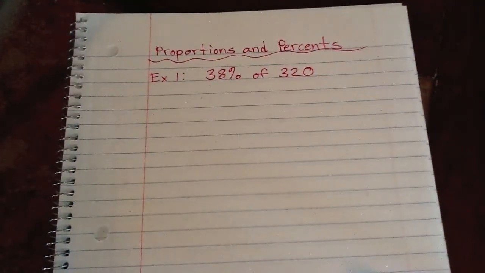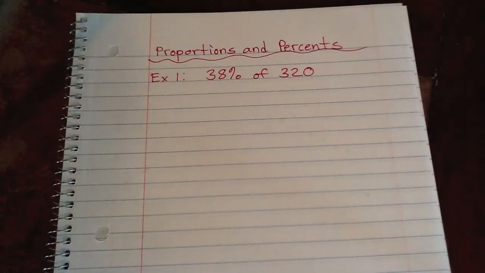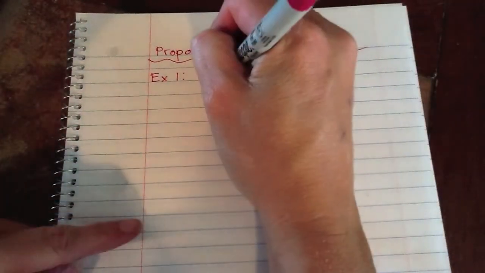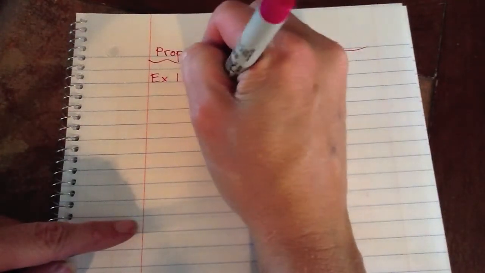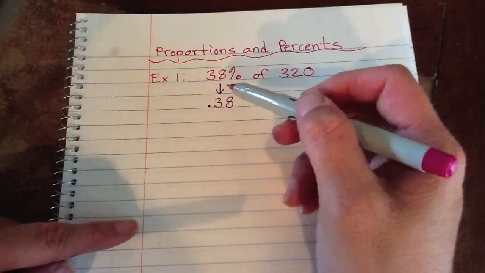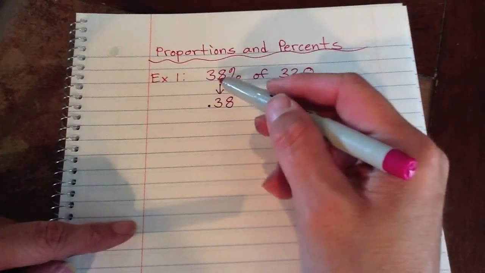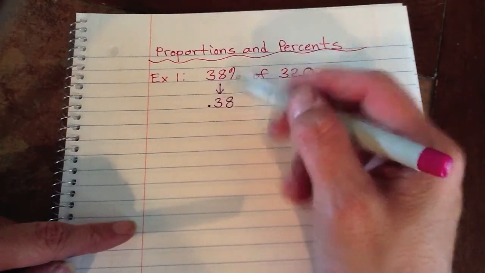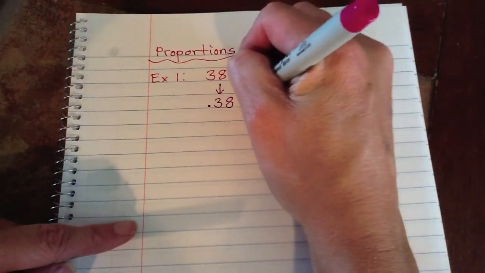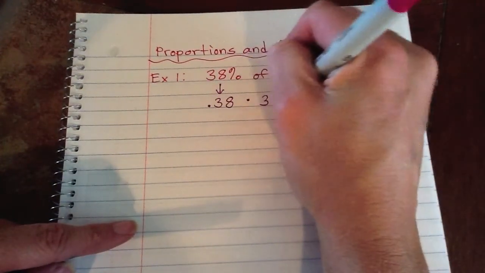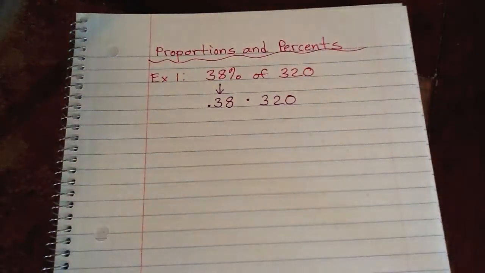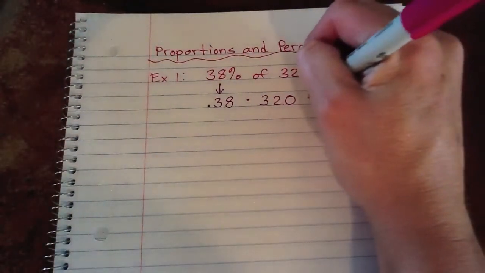So a lot of you know that setting this up as an expression, you would convert your percent to a decimal. You'd have 0.38. Remember, you move it back 2 places. So if it was 5% or 7%, you would need to move it back 2 places and have a 0 right here. Of means multiplication, and then 320. And you would multiply 0.38 times 320, and what you end up with is